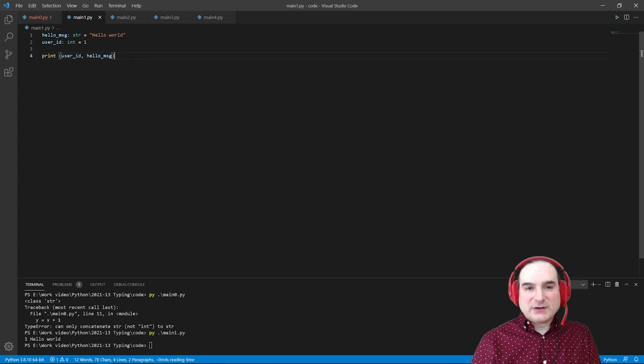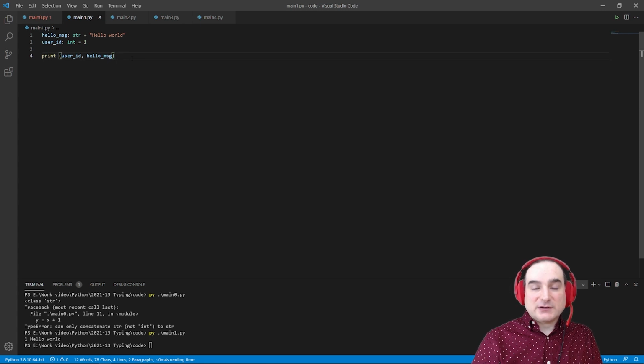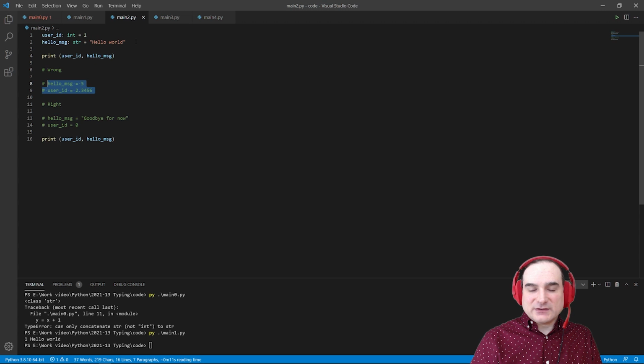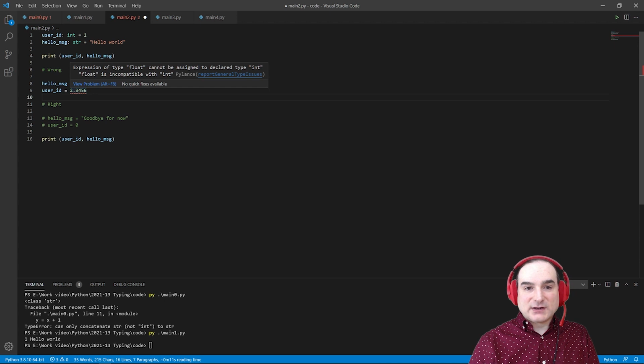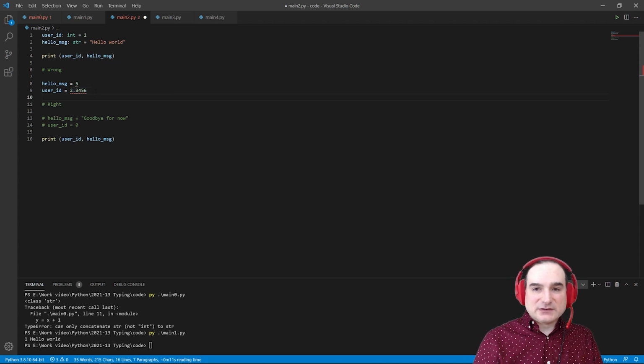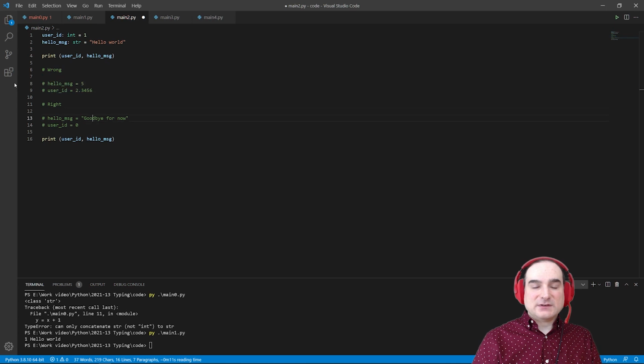Now, here in Microsoft Visual Studio Code, which I use for most, if not all, of my Pythoning, I have the Pyright type checker and linter installed and configured to work with this project. In this file here, I have two variables, one of them type hinted as an integer, and the other type hinted as a string. Now I'm going to uncomment this section of code, which contains variable redefinitions that go against the type hints that we provided. As you can see, the linter complains about them, and it gives us detailed feedback about what it was expecting and what it got. If we recomment that section and uncomment this section, which has correct types, the complaint goes away.